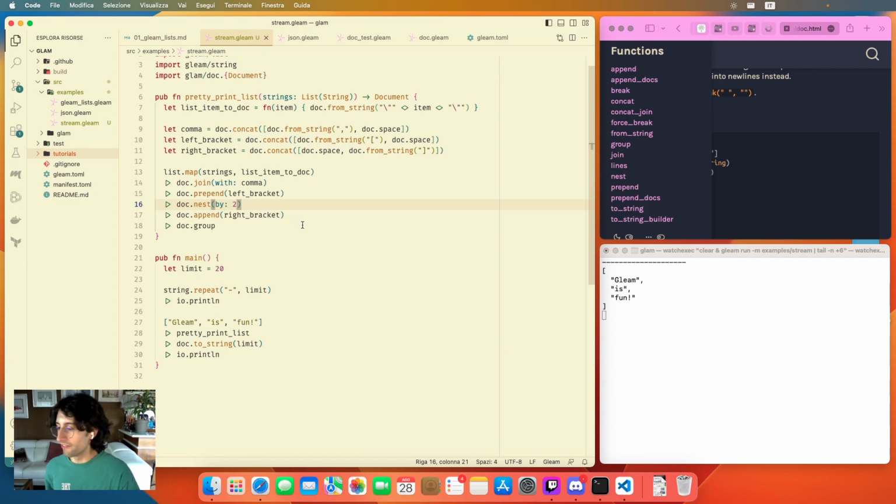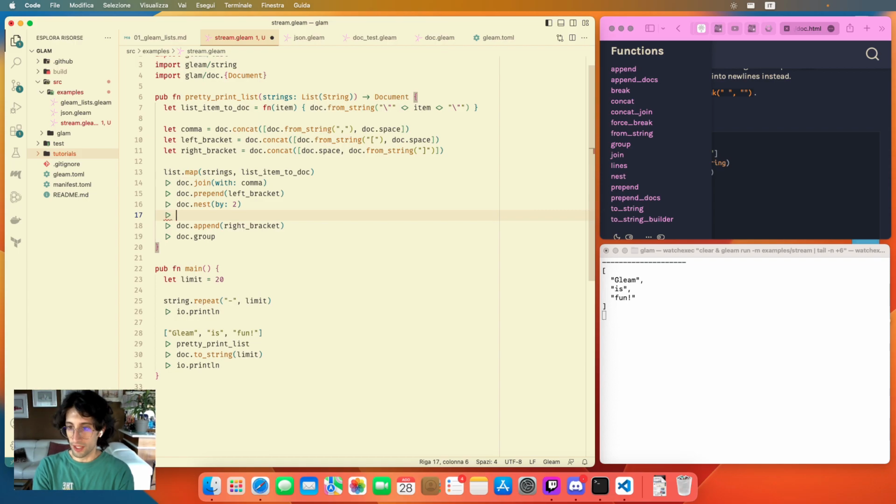And that's it. We have indented things. So that's really nice. Another nice thing that I love about these kind of pretty printers is that they can automatically manage the nesting level of things. So if we have multiple nesting, for example, right now I'm just going to use two nesting, one followed by the other, but